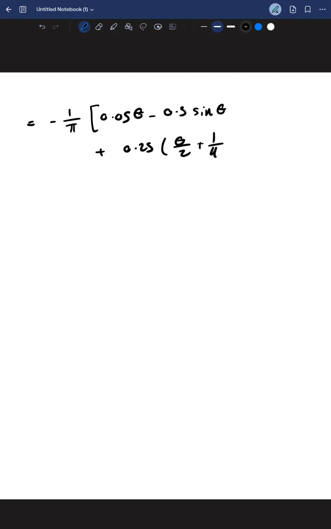and the final integral is going to be negative 1 over pi times (0.05 theta minus 0.3 sine of theta plus 0.25 (theta over 2 plus 1/4 sine of 2 theta)) from 0 to 1.3694,